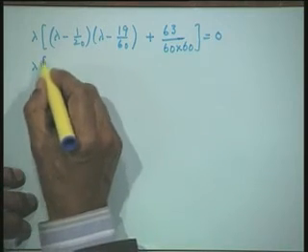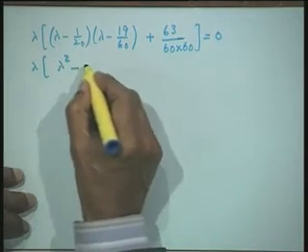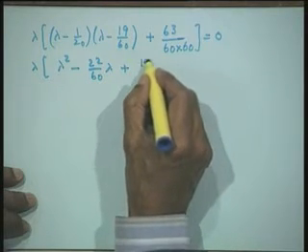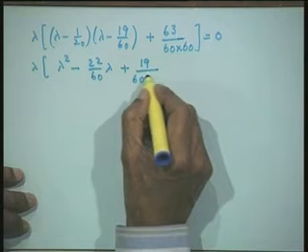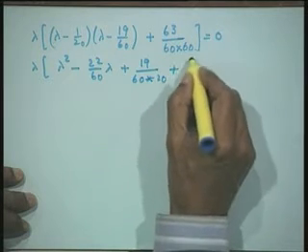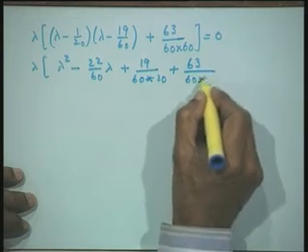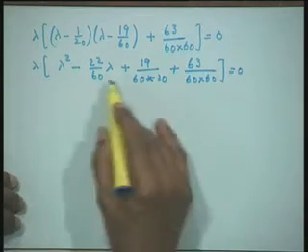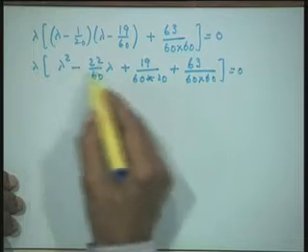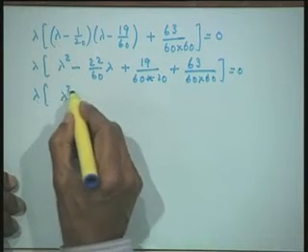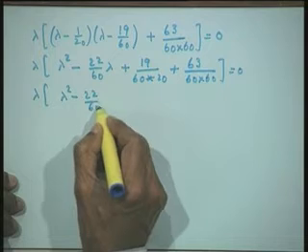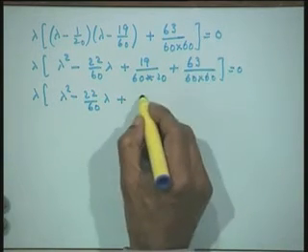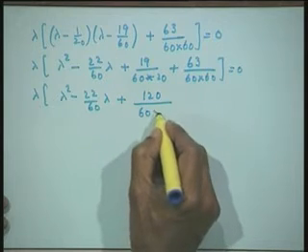So, let us simplify the interior, that is lambda squared minus 22 by 60 lambda, plus 19 by 60 into 20, minus 63 by 60 into 60. In almost all the cases these things do simplify a lot before we write it in general form. So, this we can write as lambda squared minus 22 by 60 into lambda, and I multiply this by 3, that is equal to 57 into 6 plus 63, that is 120 divided by 60 into 60.